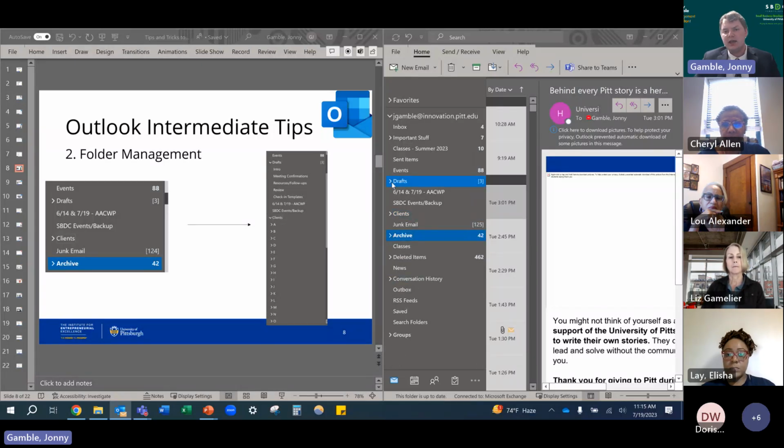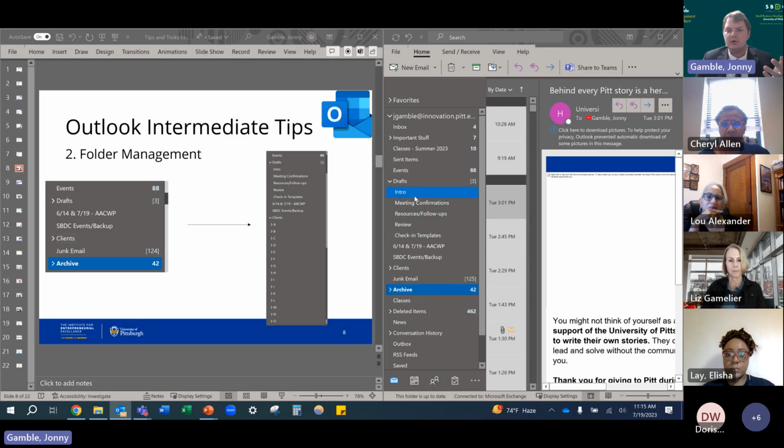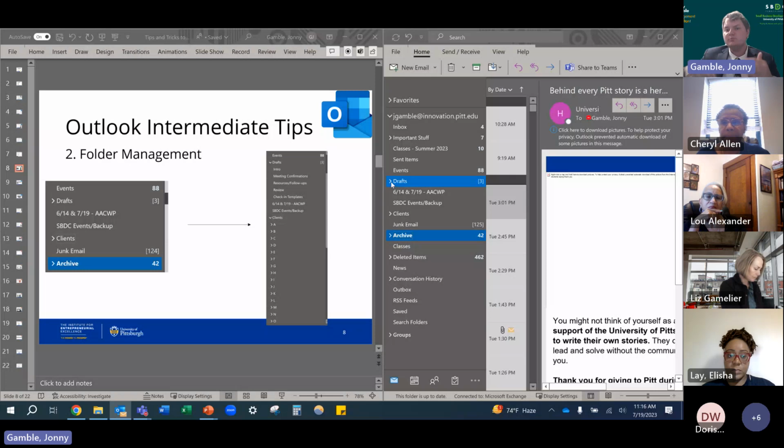I also do that with a few different categories. One thing I'm going to get to in a second is having different email templates. So for example, I try to keep different folders for different templates on hand. It's another one of those things where you can hide or unhide it, as long as you keep good folder management. It's really helpful to organize your thoughts using those folders.